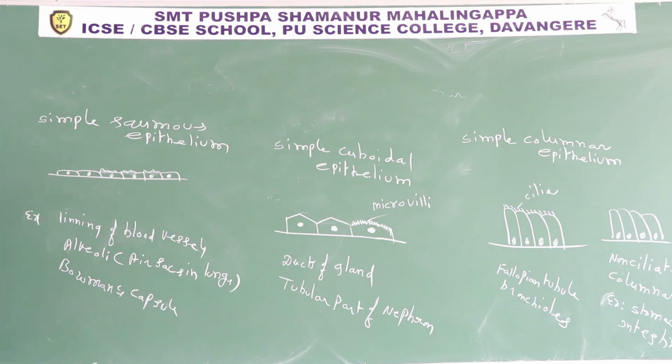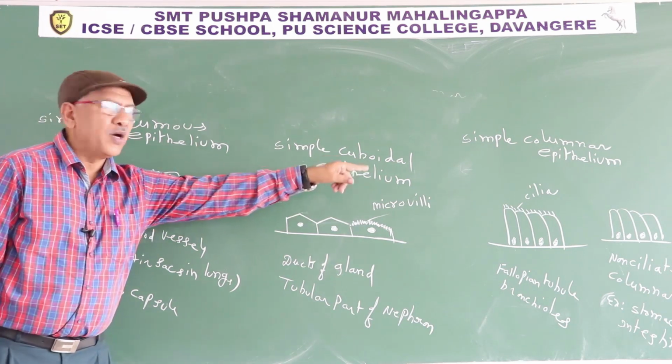So in simple squamous epithelium, what is simple squamous epithelium? Only for 3 marks, 4 to 5 lines you have to write. First you write simple epithelium. If cells are arranged in a single layer, it is known as simple epithelium. Second point, depending upon the shape of the cells, simple epithelium is of 3 types: simple squamous, simple cuboidal, simple